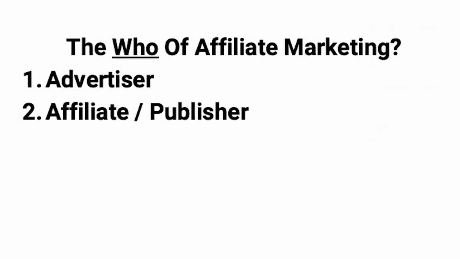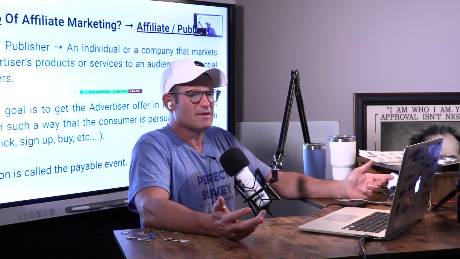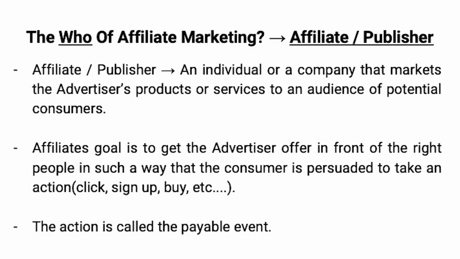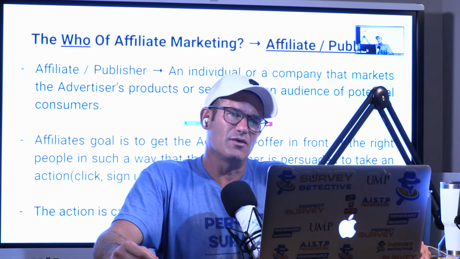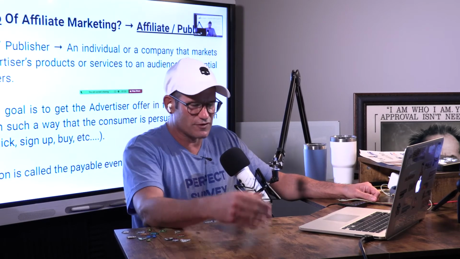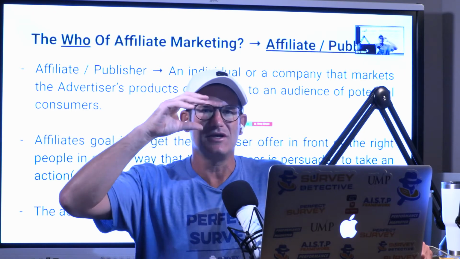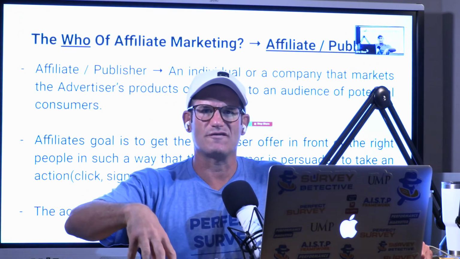Number two, the affiliate, the publisher. So affiliates, publishers, relatively the same thing, right? You publish something. It's another word for affiliate. But ultimately, you could be just one person that is an affiliate, or you could be a big company that's considered an affiliate. And what you're doing is you're serving offers to your audience. You're serving third-party offers. You don't own the offer. You're not going out and doing any customer service. You don't have to do anything. All you need to do is get that product or service in front of the right audience to take an action. That's it.